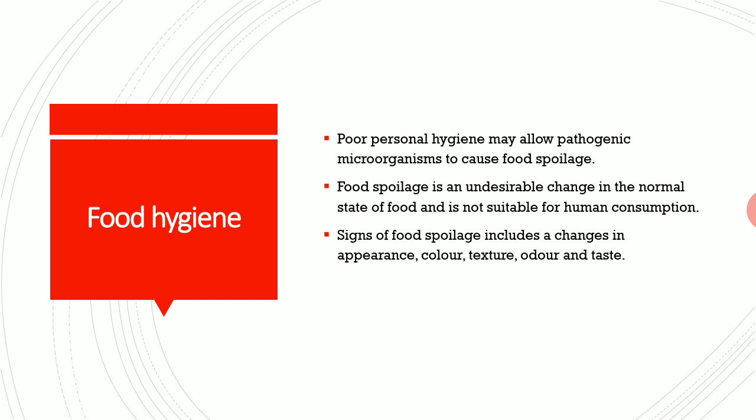Food hygiene means how food gets spoiled and how we want to prevent it. How does food spoilage usually happen? Even if we take food from roadsides, or in our own house, we must cover the food items properly, and while taking fruits and everything, we must wash them properly.